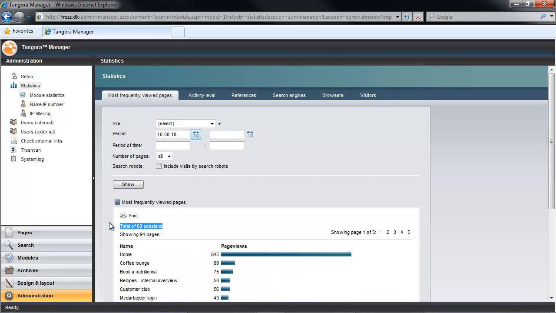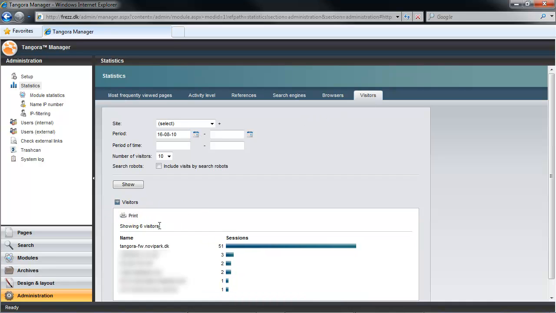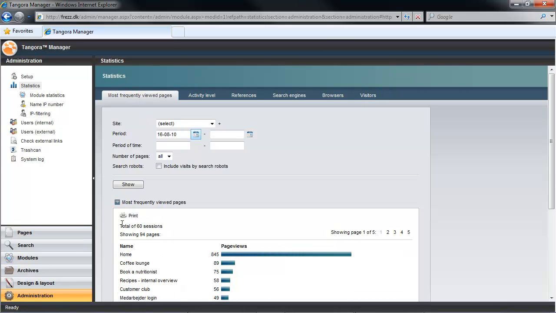But there's a twist. A visitor is identified by the technical term IP address, but an IP address could be used by many people. For example, the employees at a given office location are likely to have the same IP address. Therefore, you could actually count on having more individuals visiting your site than represented by the visitor count, and that number will be somewhere between the number of visitors as represented by the IP address and the distinct sessions or visits, which will be higher than the number of individual visitors because an individual can visit a site more than once.